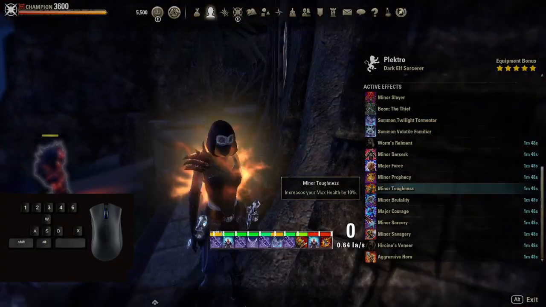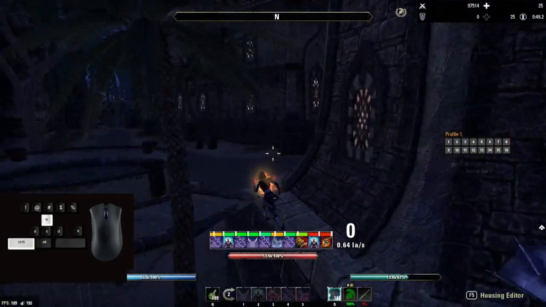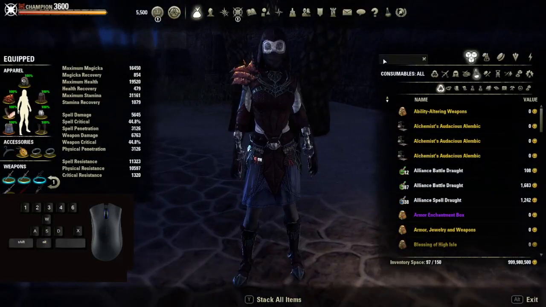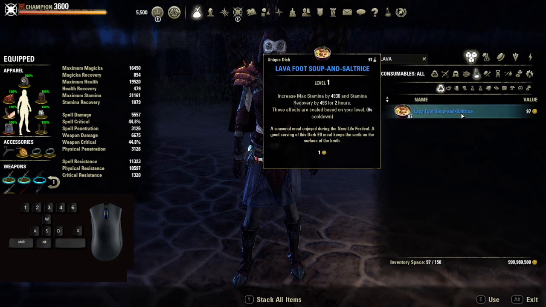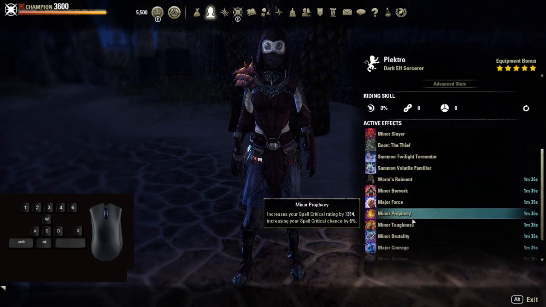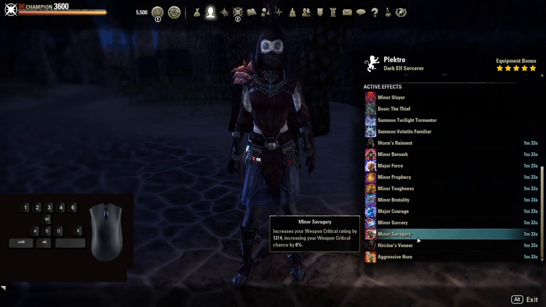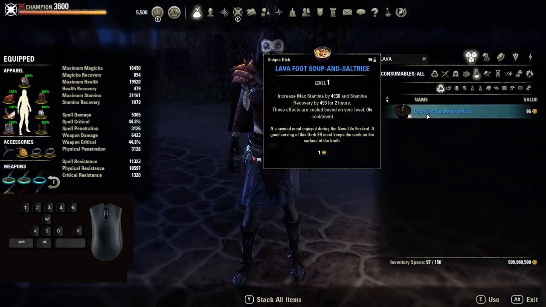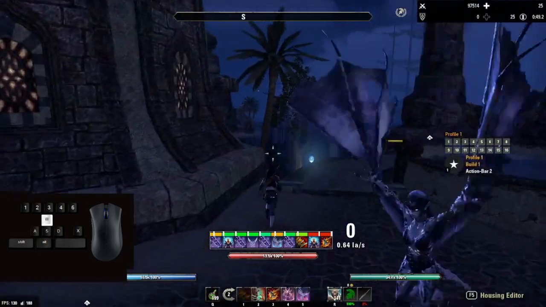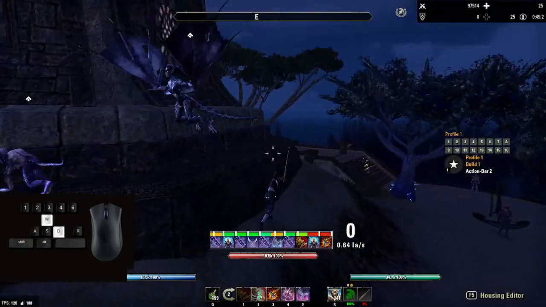Oh yeah, I didn't have food buff active. Sure, that's great. Just as I was saying in the beginning, make sure you have your lava food, soup, and salt rice. Or did I? I don't see it. Yeah, no food. I'm silly. I was wondering why my stamina is so low. Anyway, what I was saying,